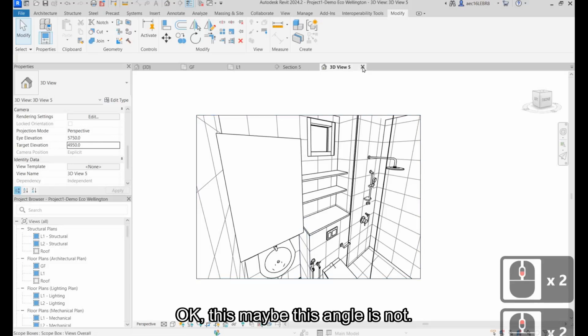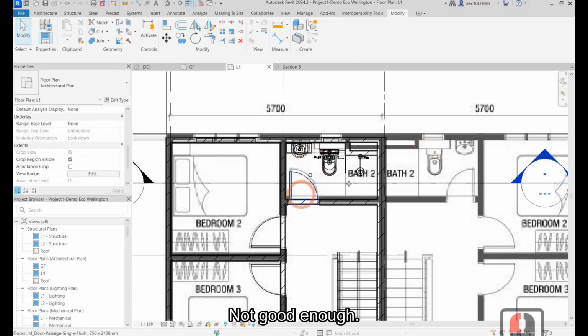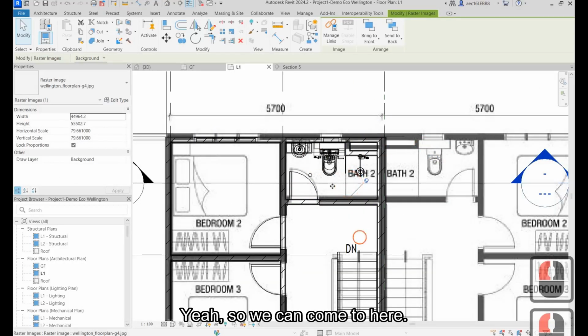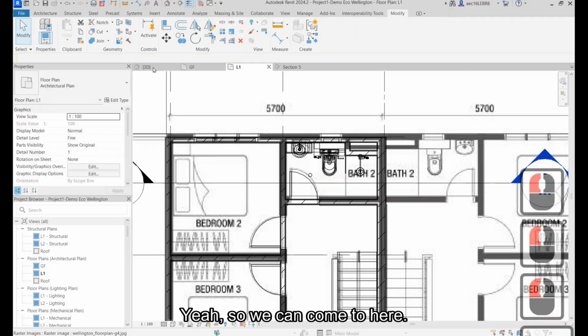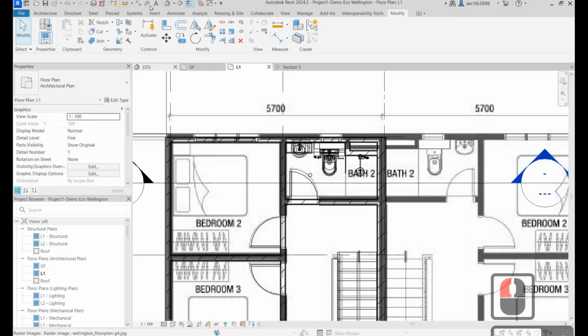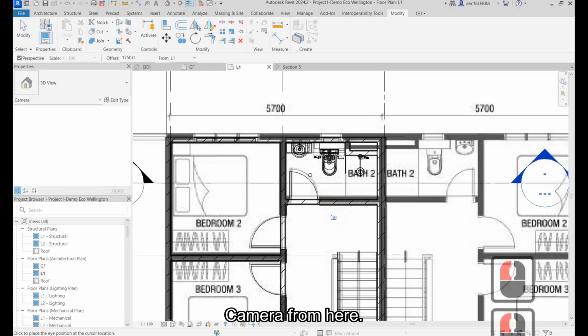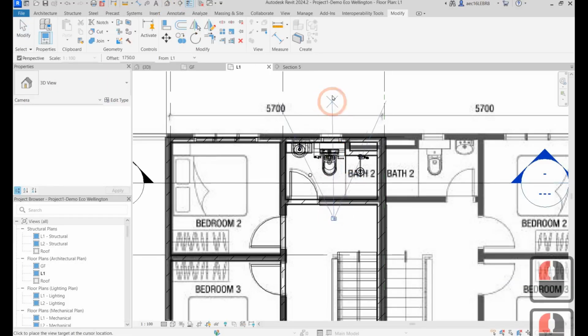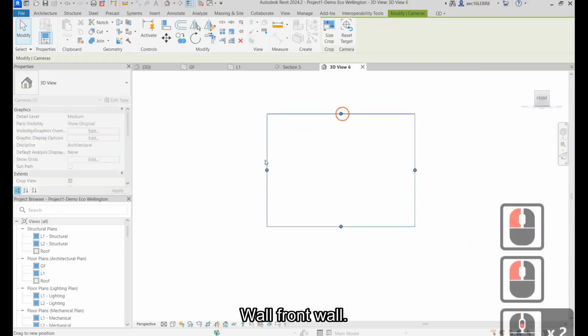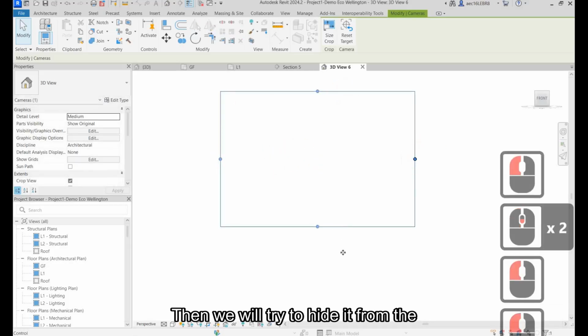Okay, maybe this angle is not good enough here. So we can come to here, camera from here, from the front. So we will be blocked by this front wall, then we will try to hide it from the camera view.